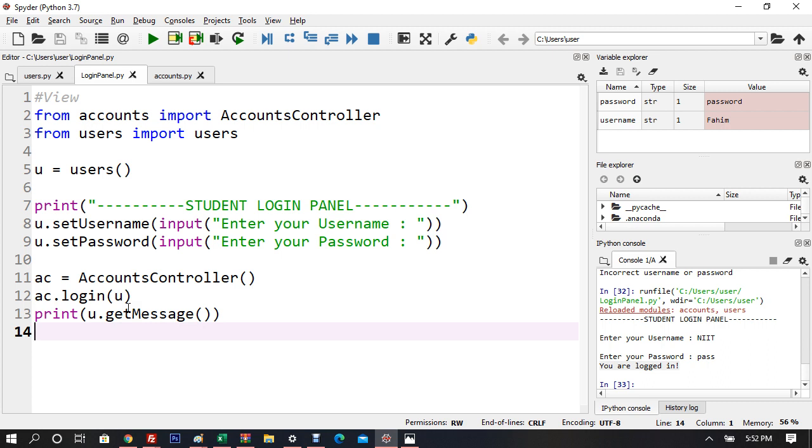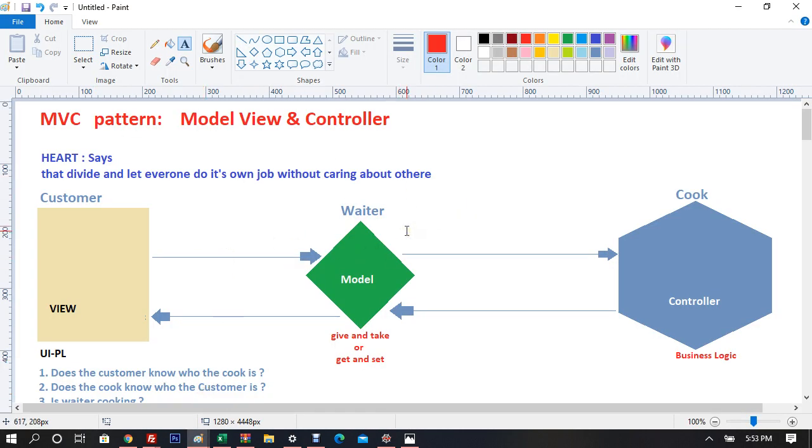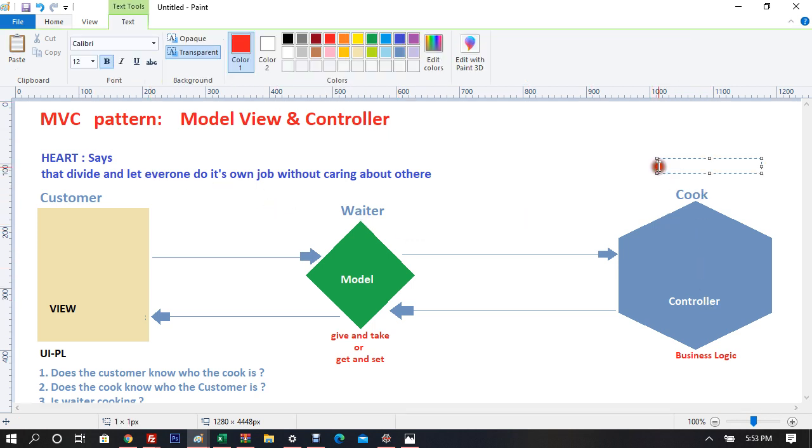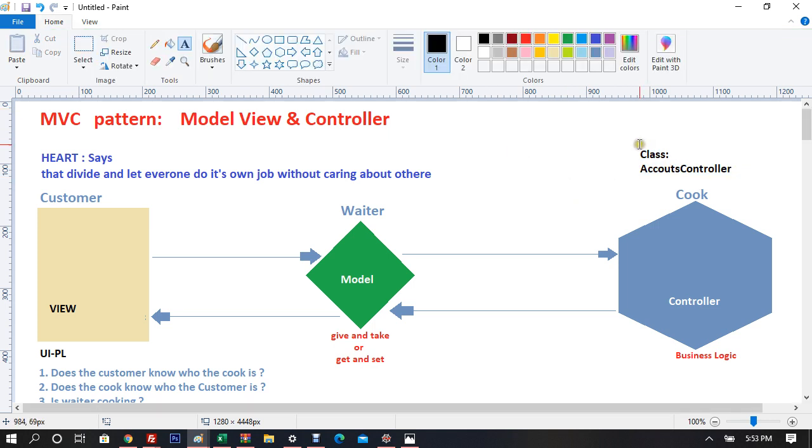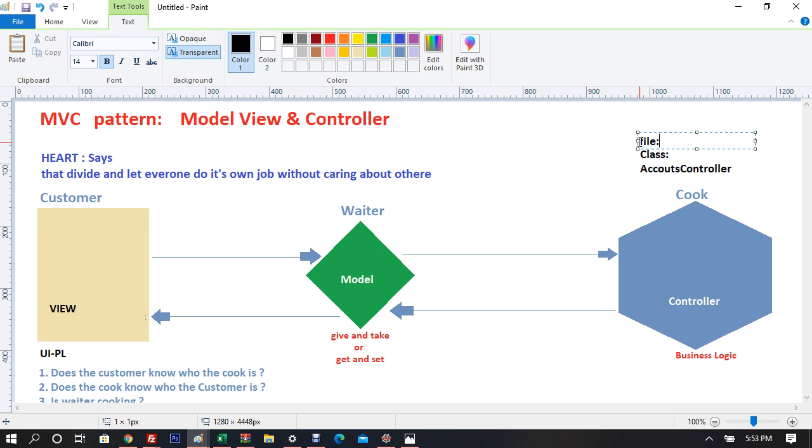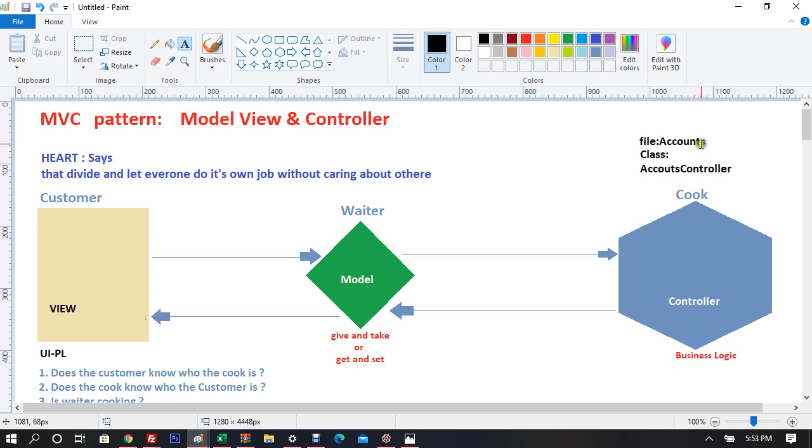I shall be giving you some practical explanations regarding the MVC pattern. If I go and match this MVC pattern with the diagram that we have made, it says divide, let everyone do its own job. So this cook is our accounts controller class. So I can say it's going to be the class accounts controller, and the file is accounts. That's why we do from accounts import accounts controller, and this is going to be our